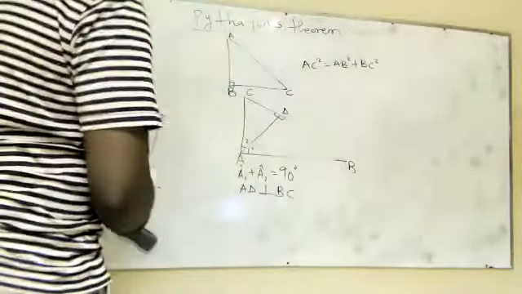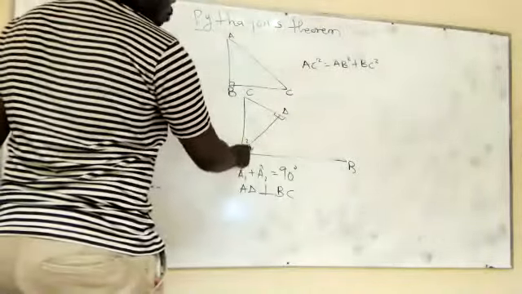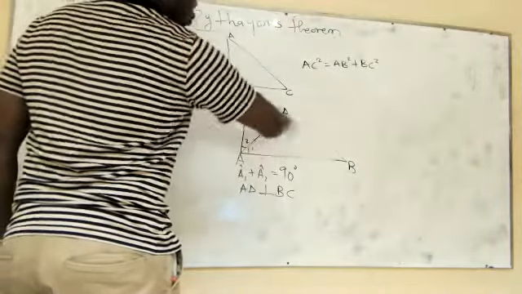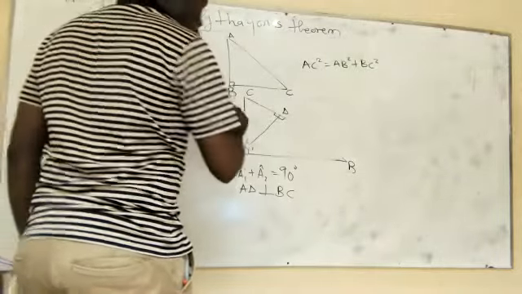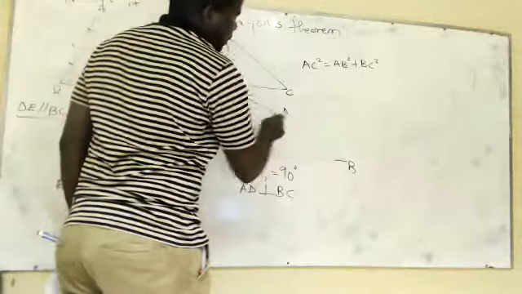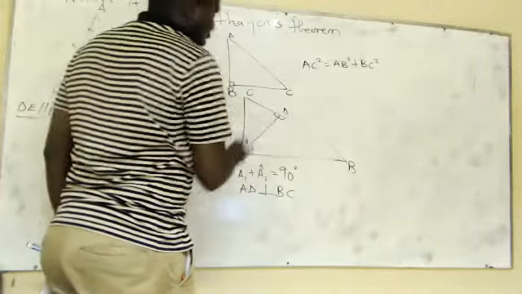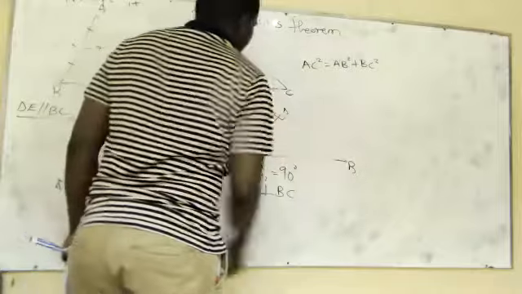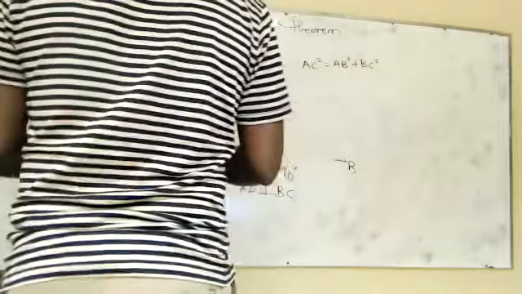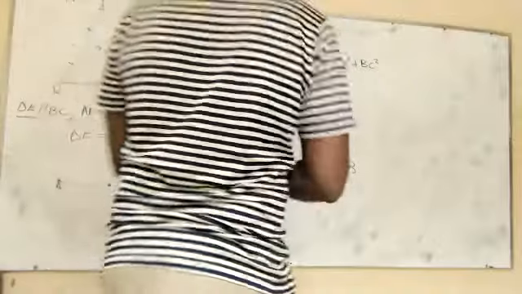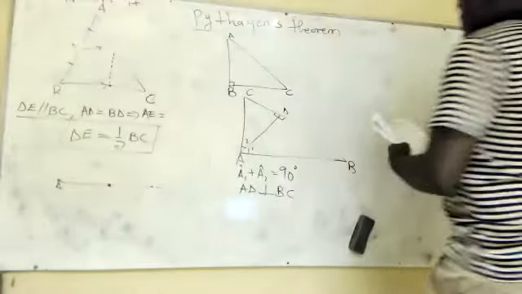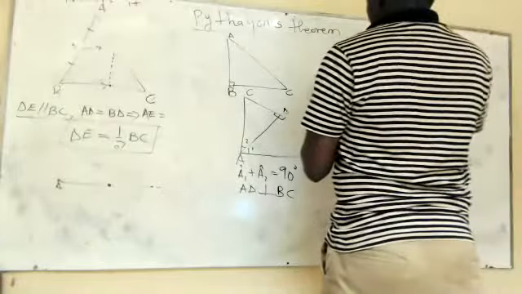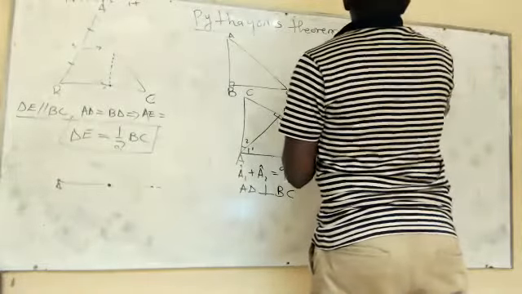Wonderful. Okay, I was explaining that the addition of A1 plus A2 must be equal to 90 degrees because we have a right angle triangle, and then the side AD is perpendicular to the side DC because we are given a 90 degree. Once we have 90 degrees, it's a must that this line must be perpendicular to that line. So there is this information that you must know with regard to Pythagoras. We apply it when we have a right angle triangle. So there's this information that you must take note of. Then it's called the